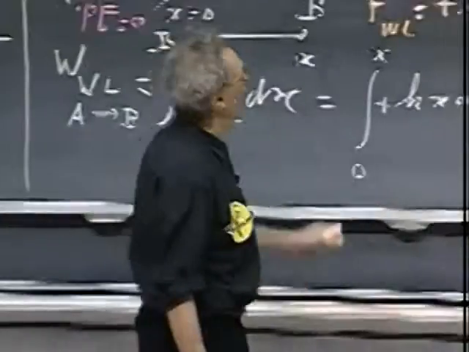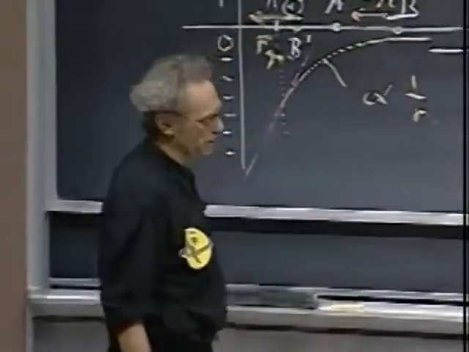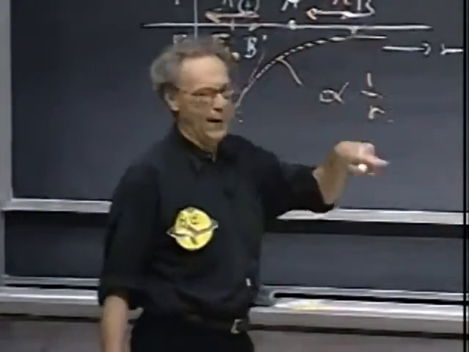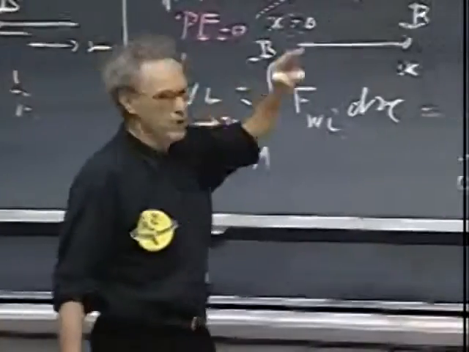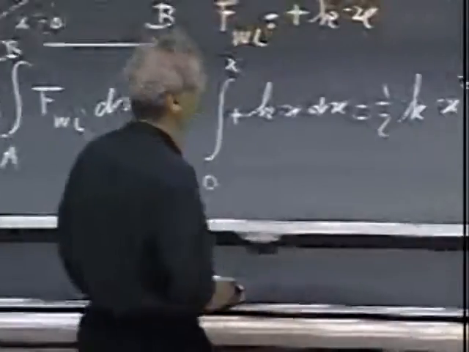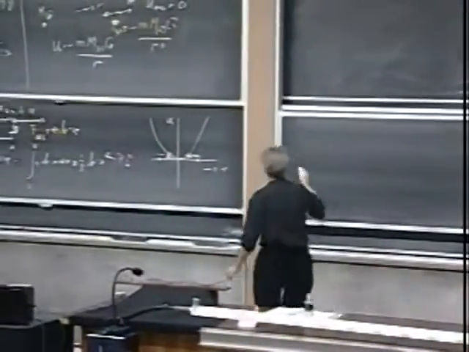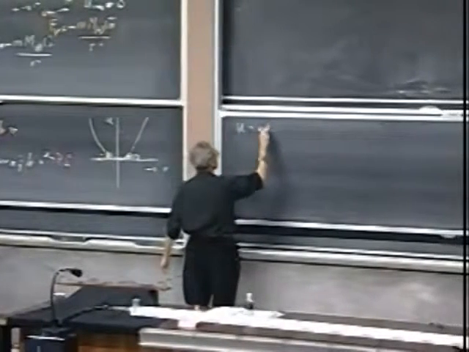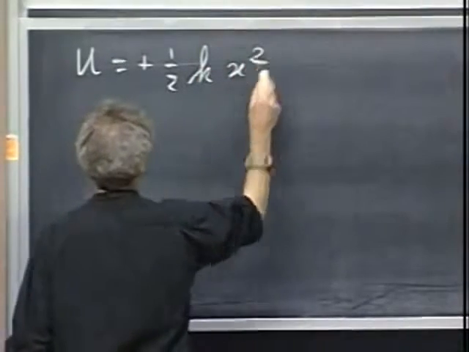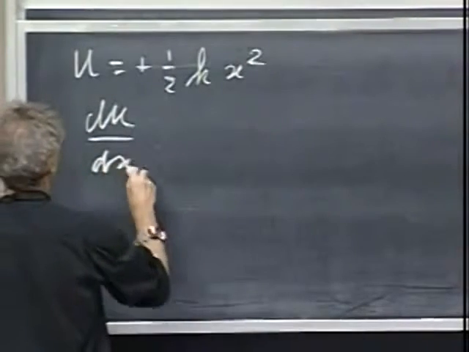If we know the force, in this case the spring force, or in other cases the gravitational force, we were able to calculate the potential energy. Now the question is, can we also go back? Suppose we knew the potential energy, can we then find the force again? And the answer is yes, we can. Let's take the situation of the spring first. We have that the potential energy U of the spring equals plus 1/2 kx squared. And if I take the derivative of that versus x, then I get